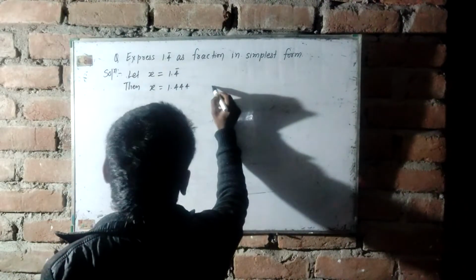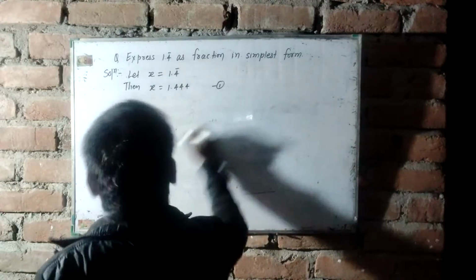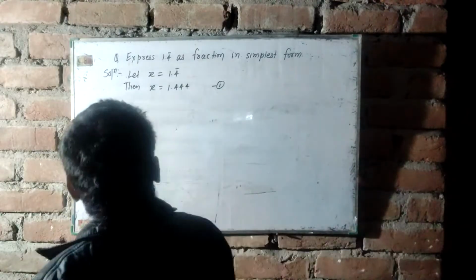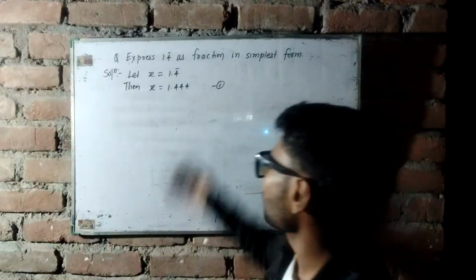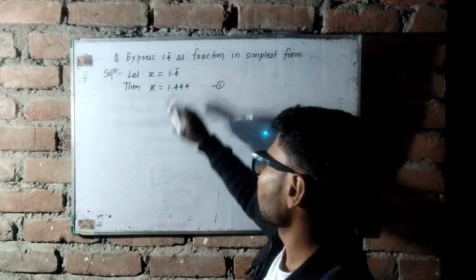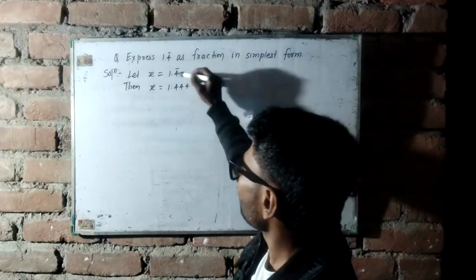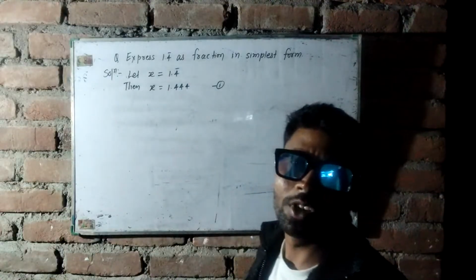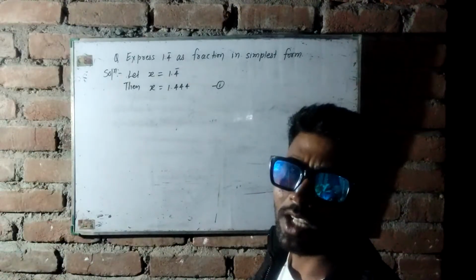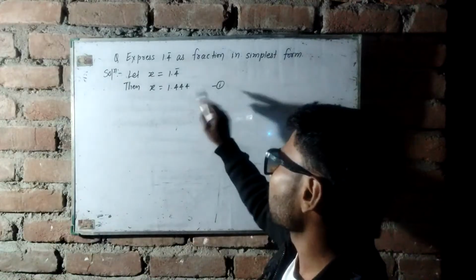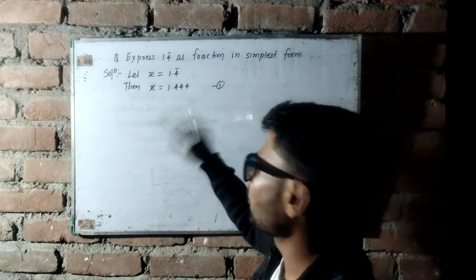Let this expression be equation first. Now we can see here, since the repeating block has only one digit 4, so we multiply both sides of equation first by 10 and we get,